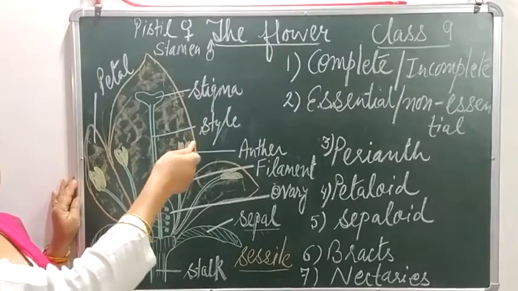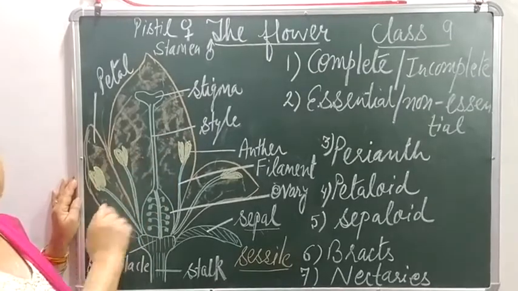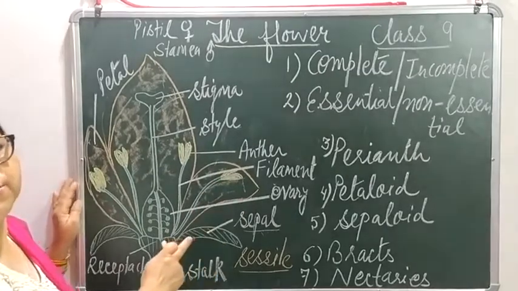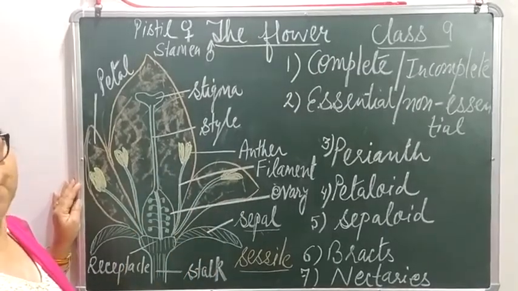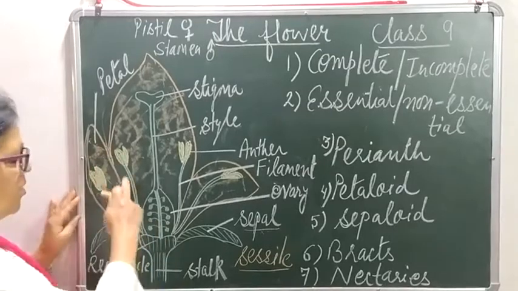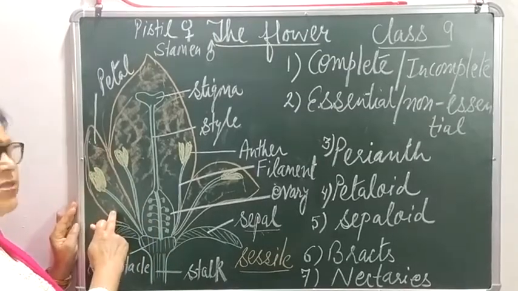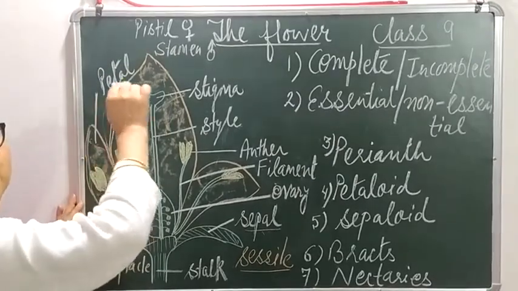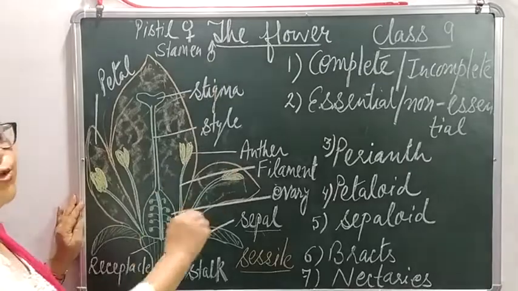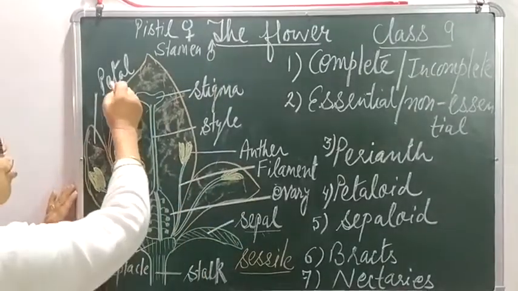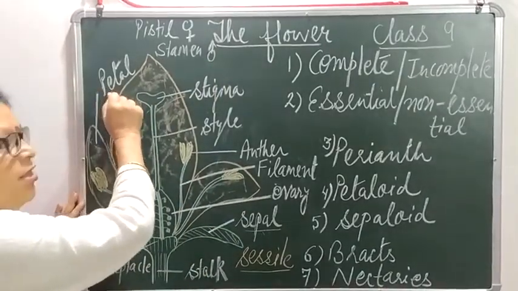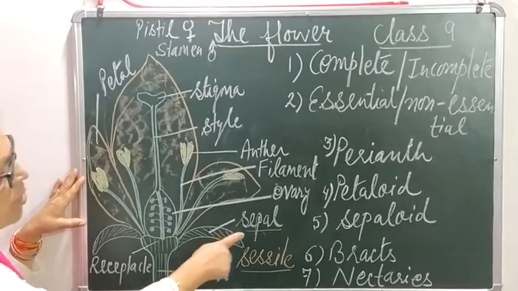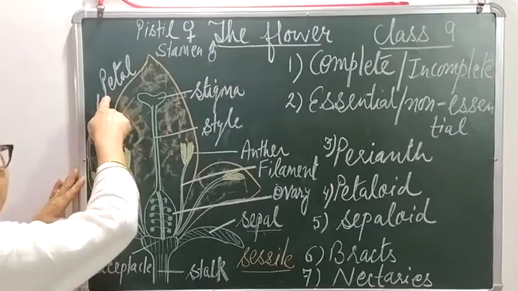Pollination, as you all know, is the transfer of pollen grains from anther to stigma. And for pollination, these petals have to be brightly colored so that they can attract insects for the process. So their function is to attract the insects. There may be 2 petals or 3 petals; all the petals may be fused, or all the petals may be free. All the petals together are collectively known as the second whorl, the corolla. So the first whorl is calyx, the second whorl is corolla.